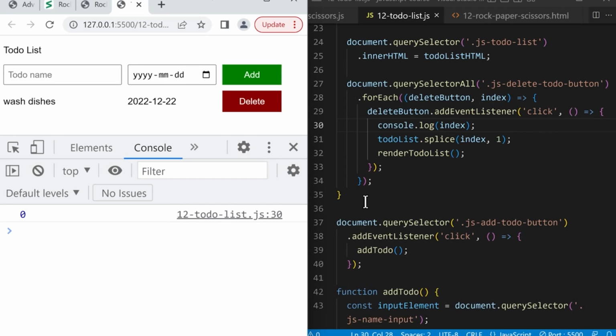So even if the value index gets deleted after the loop, we can click the delete button 5 seconds later or even 5 minutes later, and this function will always have access to index. So closures are something that naturally happens as we write JavaScript code, and it's